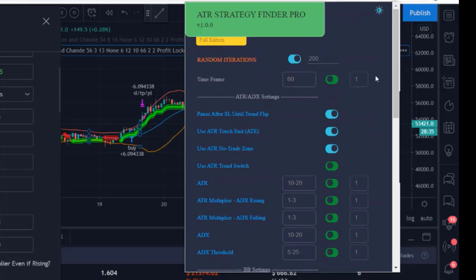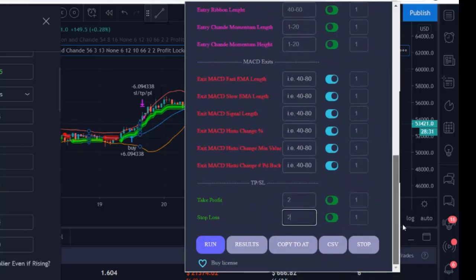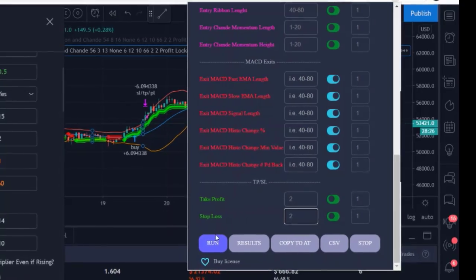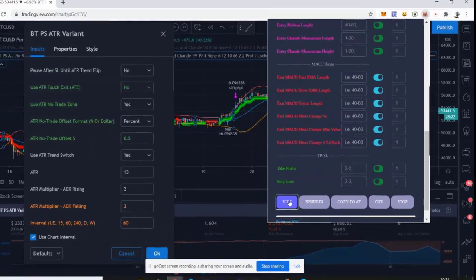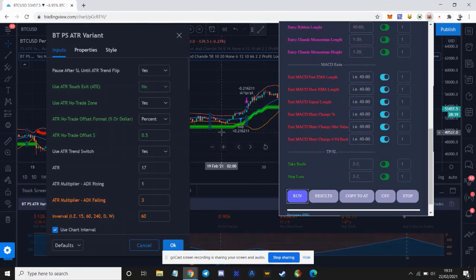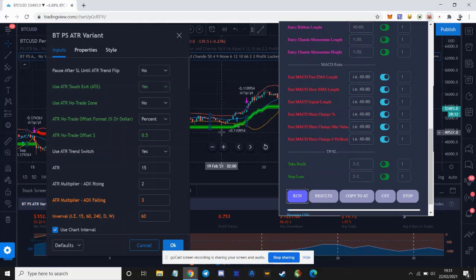You're going to put 200 irritations on, or as many as you want, but don't go crazy with it, because what I find is best to do is simply put a few random irritations on using that basic setup, and then run it, let it run for a bit, let it find some good settings, and then eventually when it's done the full 200,